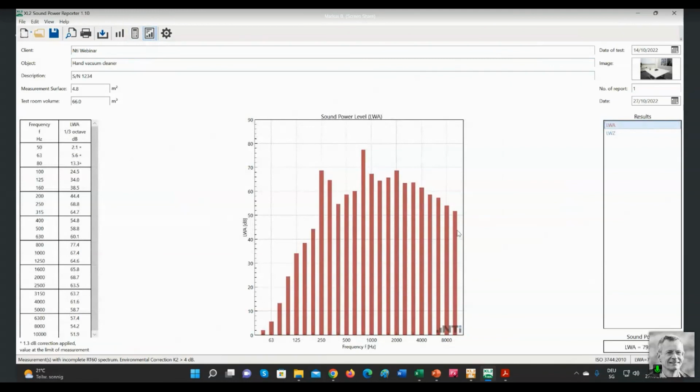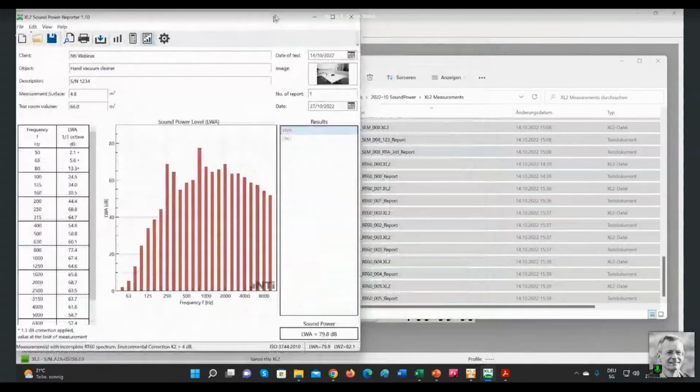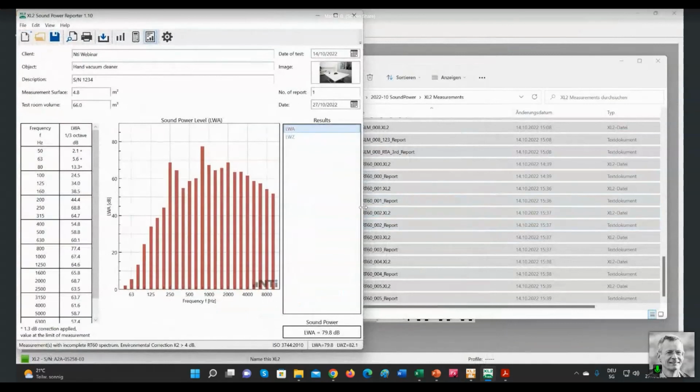and now I see the graph with the frequency results of my sound power measurement. A-weighted, LWA stands for A-weighted. Here on the left-hand side, I see the individual results, numerical, for the bands. Up here, you see this little asterisk informs you that there has been compensation with these correction curves. And now I have to resize that a little bit, because otherwise you don't see the bottom right corner,